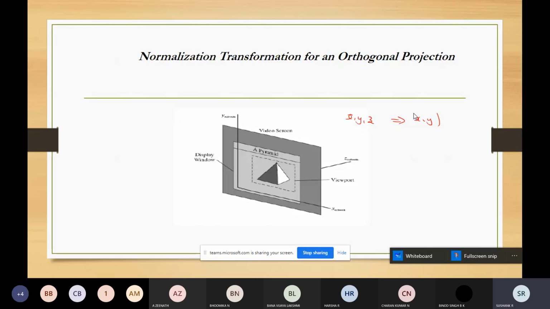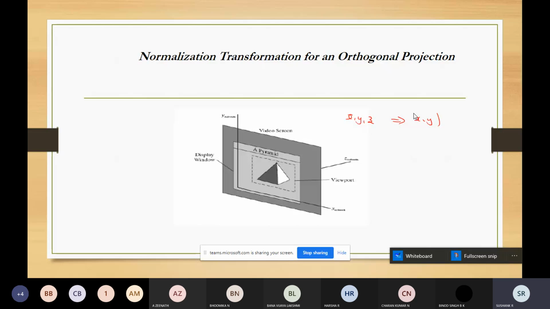The graphic packages, when we are talking about the cube also, we are working on the lab program cube. There also you can check for displaying the cube, we are using the values of the coordinates represented in terms of -1 to +1 only. Why? Because the graphic packages use a unit cube for the normalized view volume, with each of the x, y, and z coordinates normalized in the range of -1 to +1.